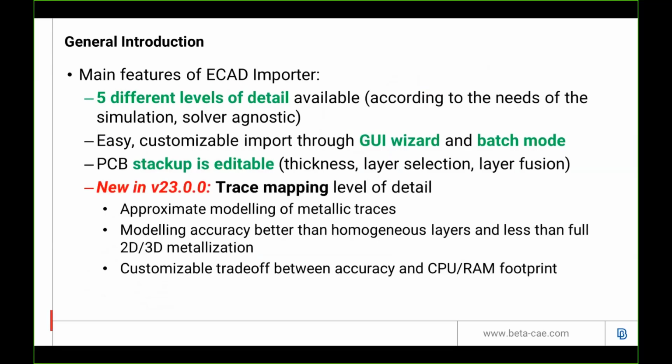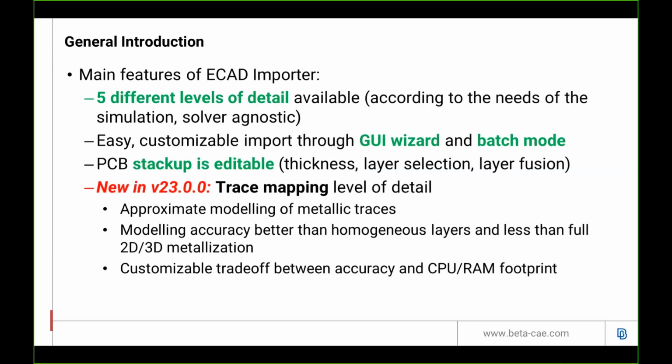You can use it for multiple solvers, and you can have various levels of detail according to the faithful representation that you need of your geometry and physics. It is easy to customize through a GUI wizard, but you can also execute it in batch mode. You can edit many things in the PCB, like the stack up, the thickness, the layers, select layers, fuse layers, etc.